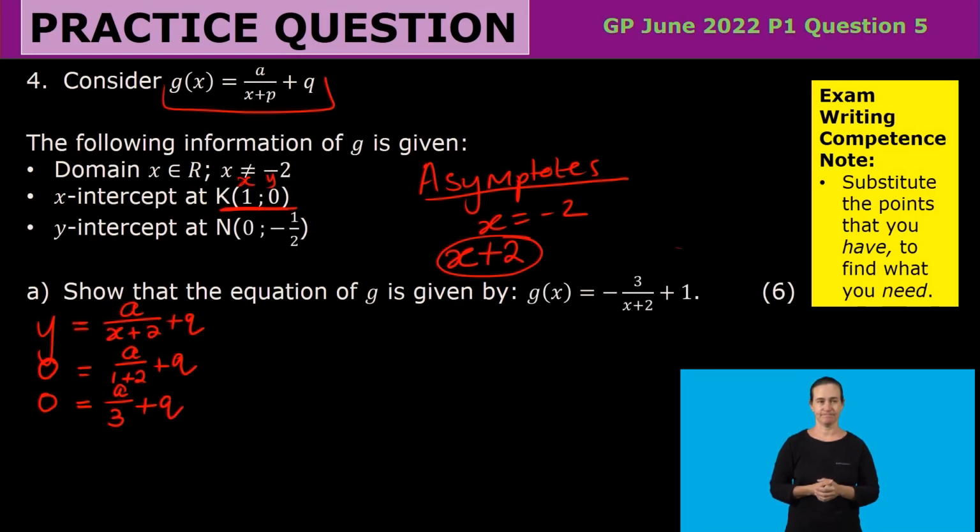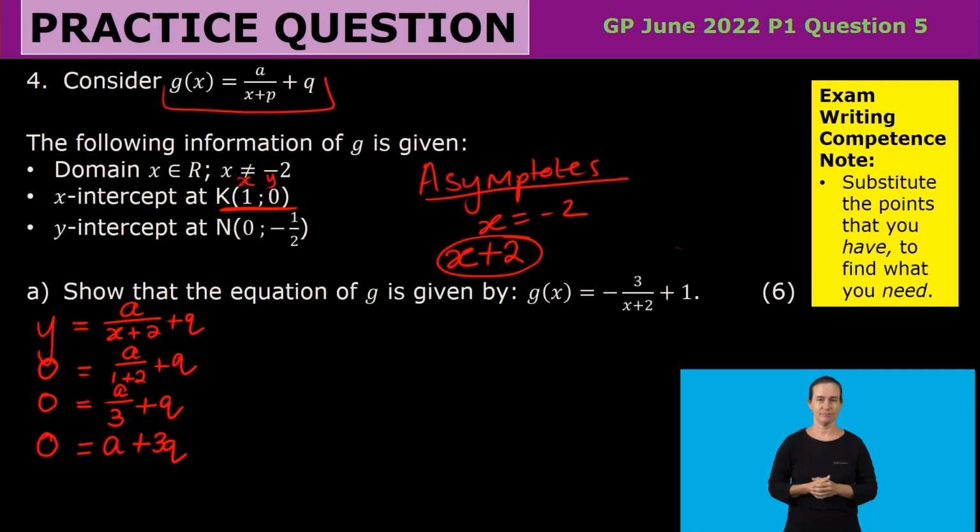Now, we can see that here we have two unknowns, which are a and q. And whenever we have two unknowns, we need a second equation so that we can solve for these values simultaneously. We can start by simplifying this first equation, and because we don't want to work with fractions, although in some cases you do have to, in this case we can simplify it by multiplying each number by 3. Remember, if we want to get rid of a denominator, we just multiply by that denominator. And when we do so, we are then left with 0 is equal to a plus 3q,